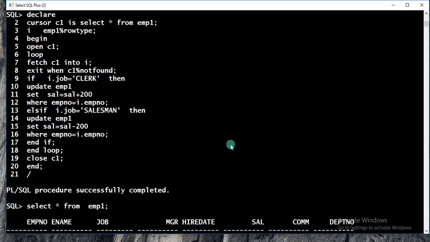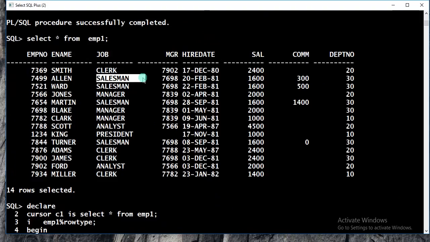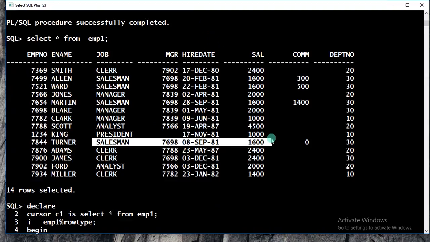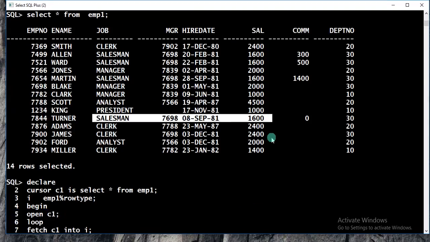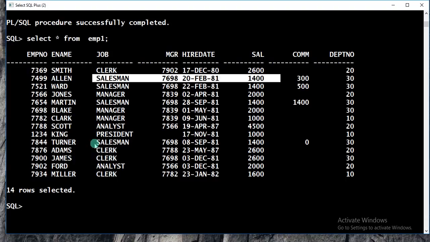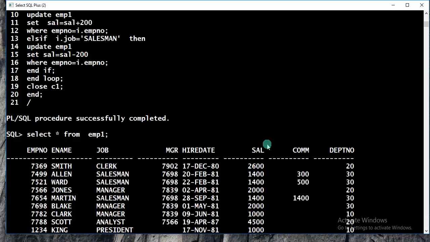Now you have to observe the salesman. In the salesman, how much salary was there previously? 1600. Here also 1600. Salesman 1600. How much do you want to decrease? 1400 should be generated here. See here, 1400, here 1400. Who are doing the job of salesman, you should decrease 200 rupees.